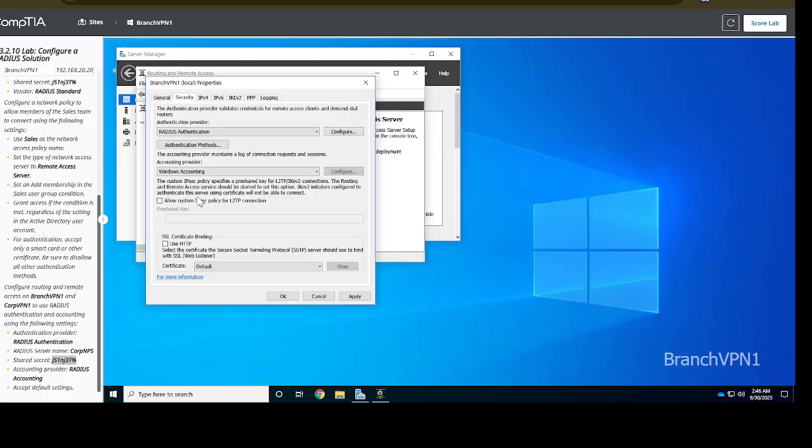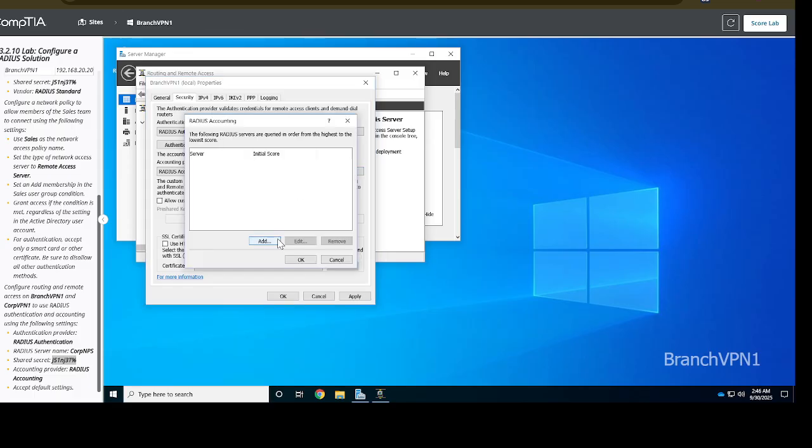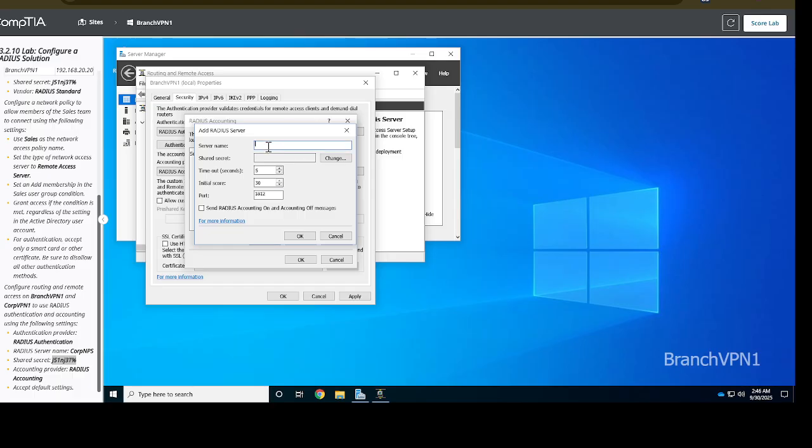So use the accounting provider drop-down list. Where is the accounting provider drop-down list? There we go. Then you select Radius accounting. Once you have done that, we select configure, and then we select add. Then we enter corp NPS. So once you have done that,